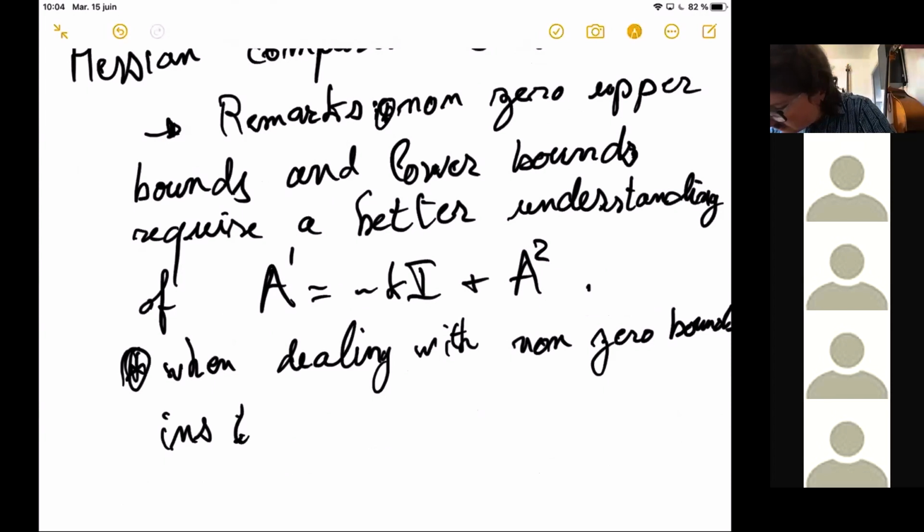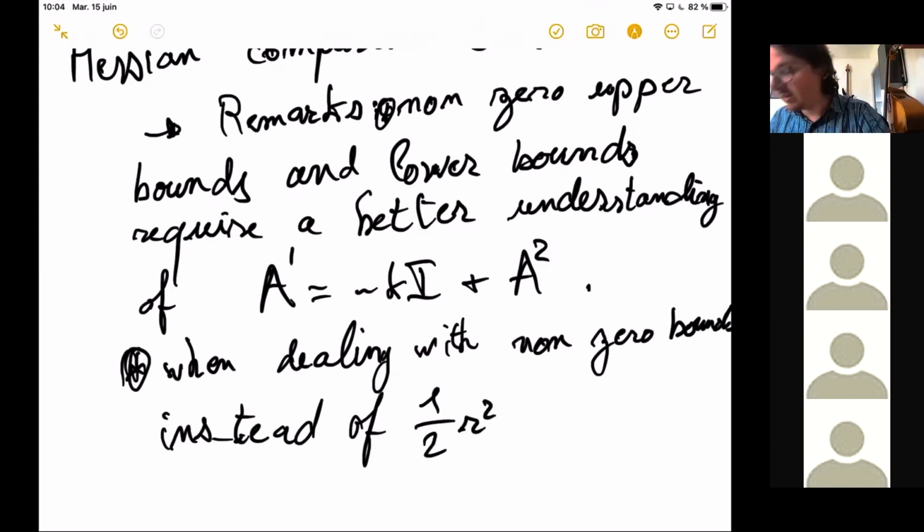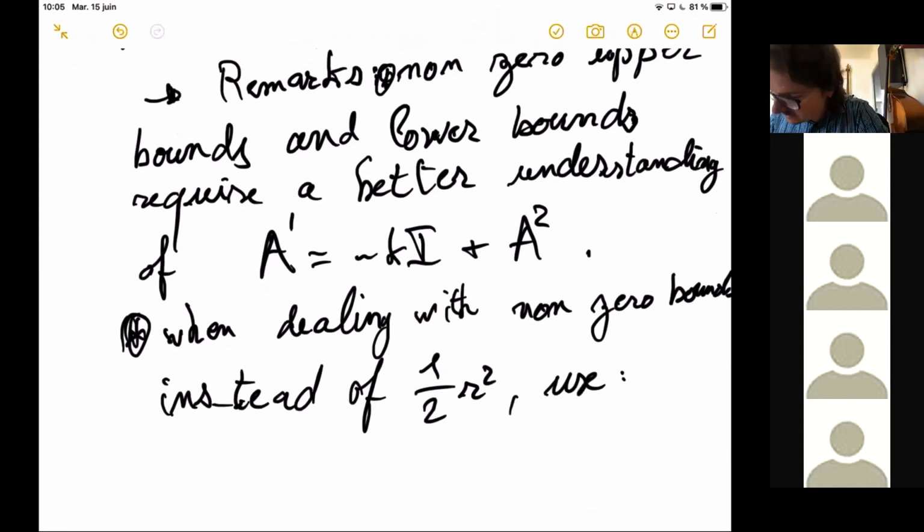Instead of half of r squared, to have a very workable Hessian estimate, you use those two cases. 1 minus cosine of r,